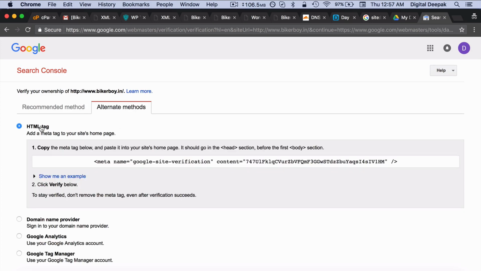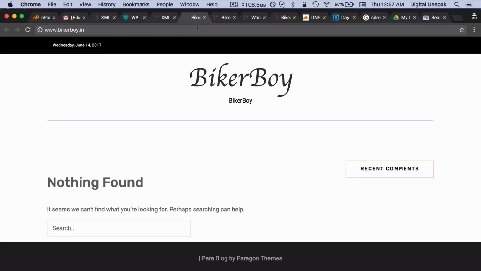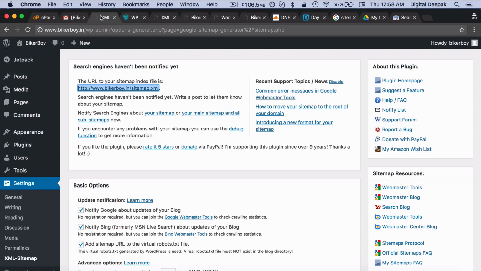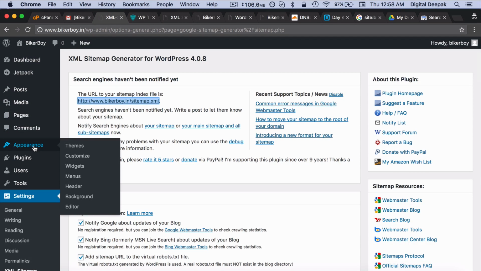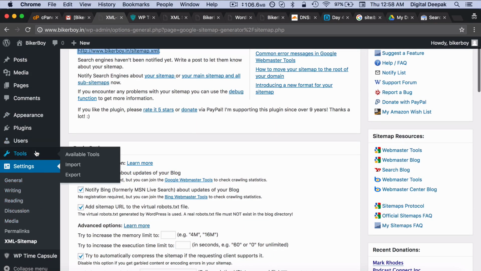So this is called the meta tag, and you can add this on your website header. So let's just check if the theme allows us to go ahead and add this particular header file. So some themes will have an area where you can add it to your theme itself. Some themes might not have that option.